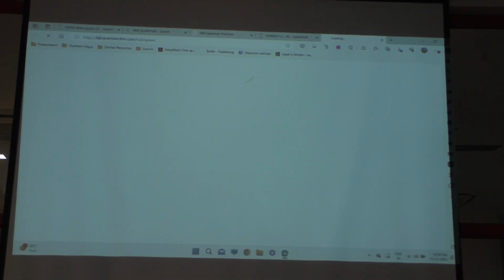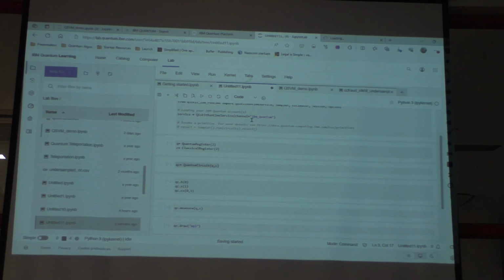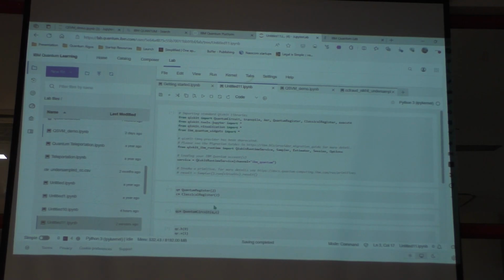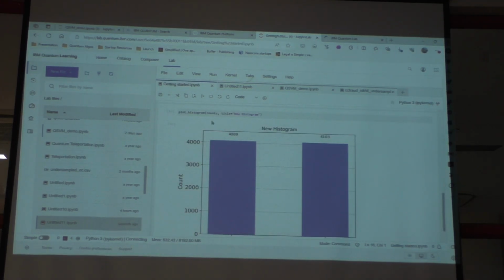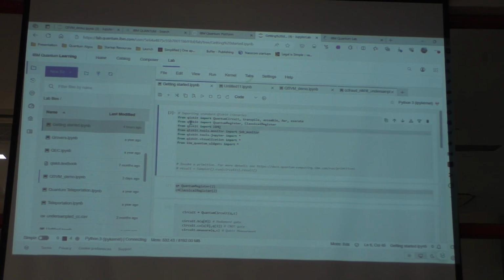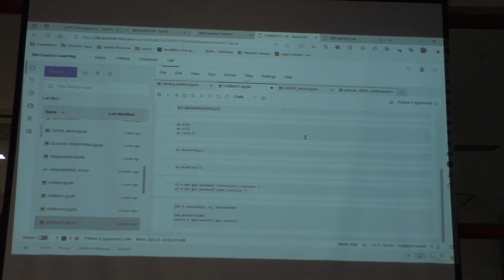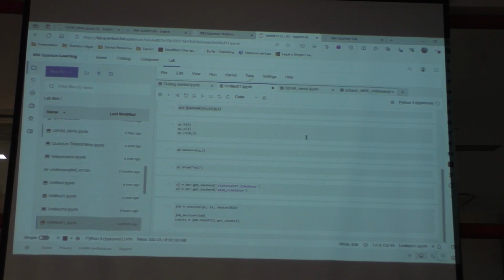So it is taking a bit of time because my server crashed, but essentially what you can do is continue this: import execute. I think job monitor, okay, job monitor we haven't imported, so we can import job monitor also. Job monitor is not essential if you are not running on a QPU, so you can decide if you want to import job monitor or not.